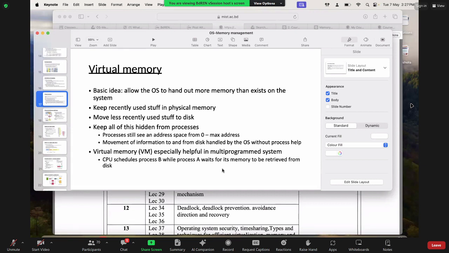Most probably, I think Thursday you have a class, right? At that time ma'am will take the class, and I think ma'am is likely to start the process topics. Then we will understand it in a much better way, including what CPU scheduling is and all.